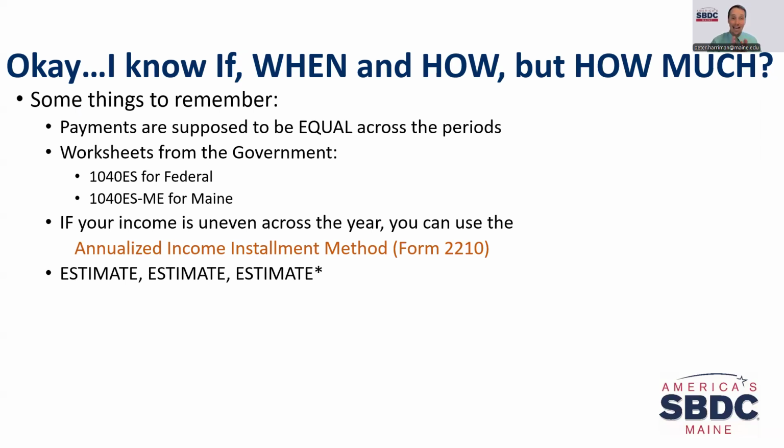It's going to be an estimate, especially for your first year, right? Second full year, third full year, fourth full year, you can use that trick I taught you, right? The 100% of the previous year or the 110%, depending on where your adjusted gross income was. Use that trick for future years, right? Or you can estimate each year. But most people, once they get into the second, third, and fourth full year, they just do that 100 or 110% trick to go forward, right?